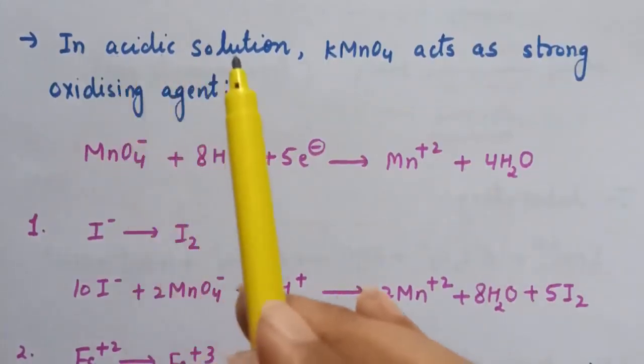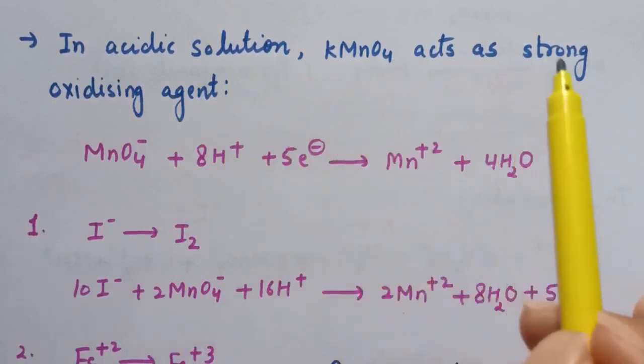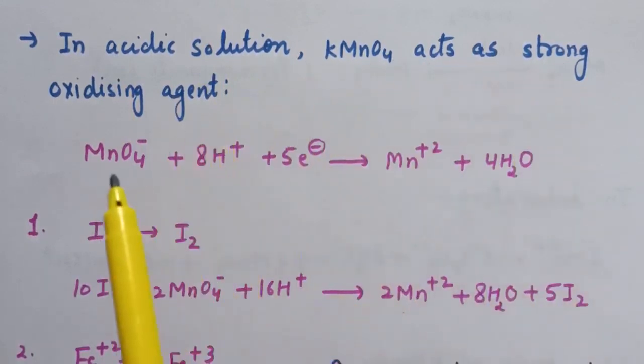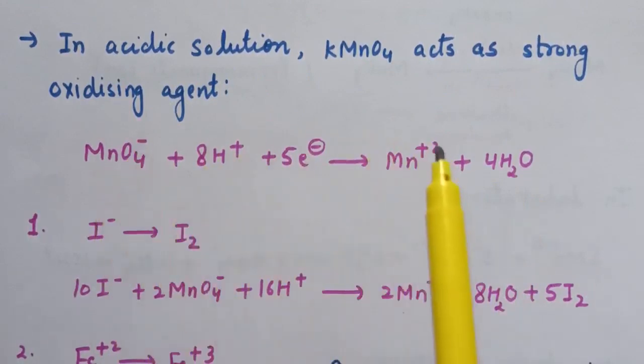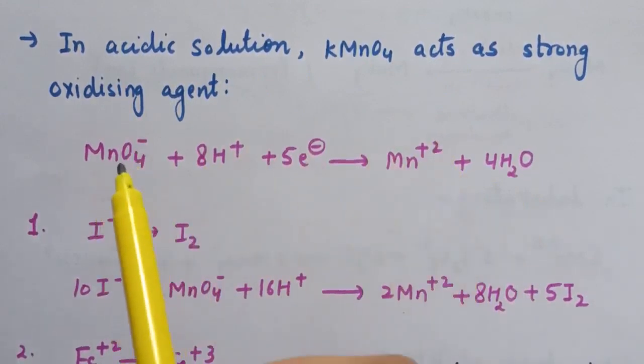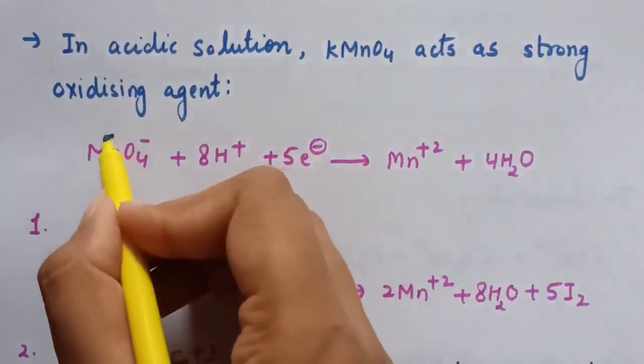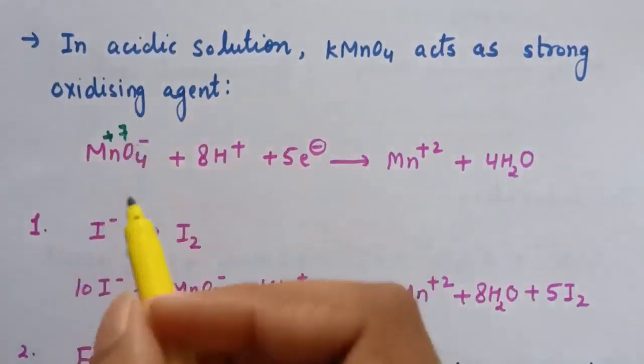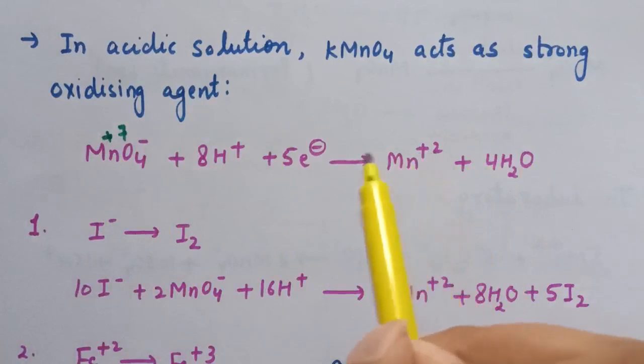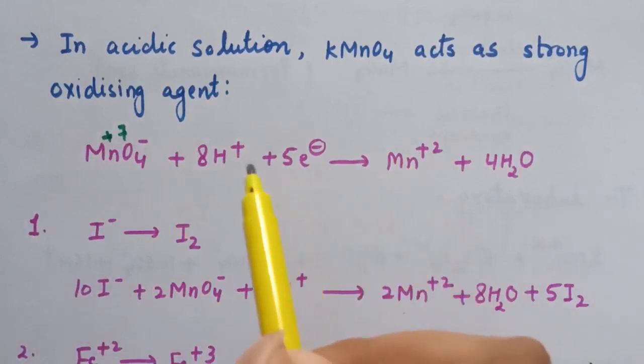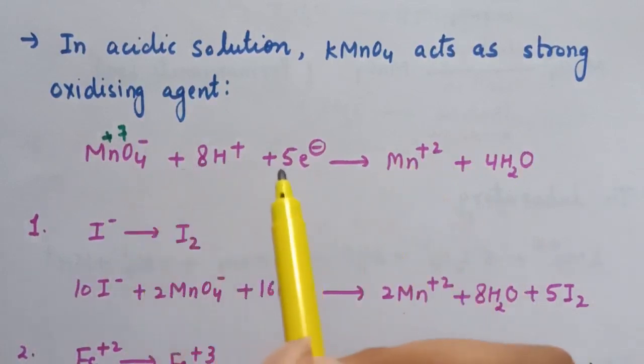In acidic solution, potassium permanganate acts as a strong oxidizing agent, and this is the reaction in acidic medium. MnO4 negative, it will reduce to Mn+2. Here the oxidation number of manganese is +7. So it will reduce from +7 to +2 by gaining 5 electrons, and that is why it will behave as